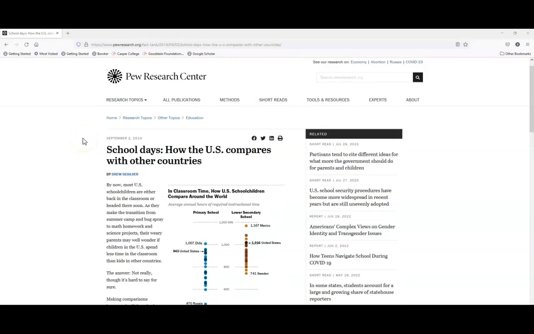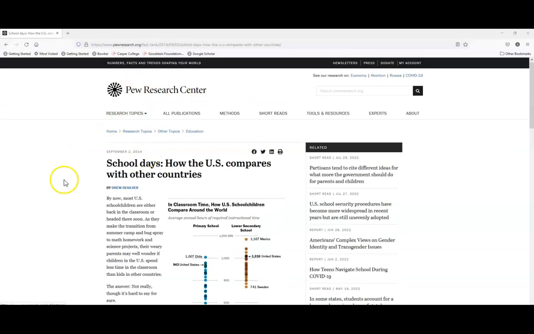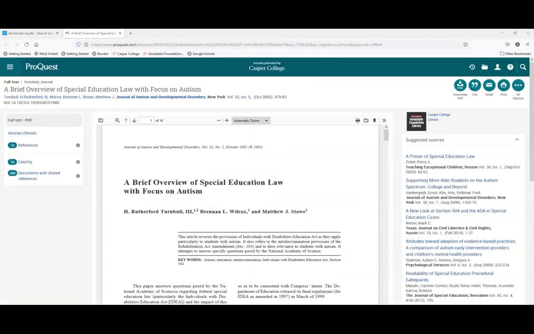These facts about U.S. education are provided by the Pew Research Center. Pew Research is a well-known and respected organization. Their author information is easy to find, and their About section lends to their credibility. If you can't tell who wrote an article, the accuracy of the information becomes questionable, which leads us to that